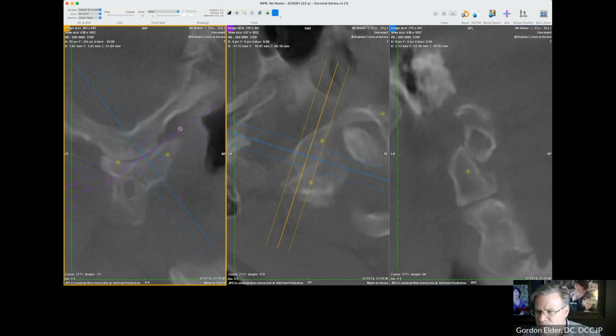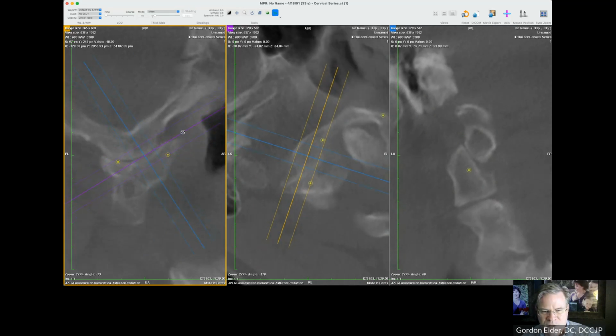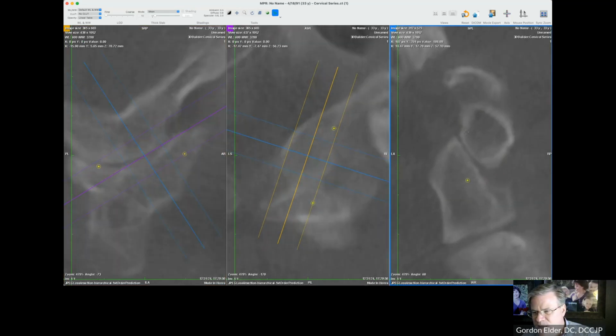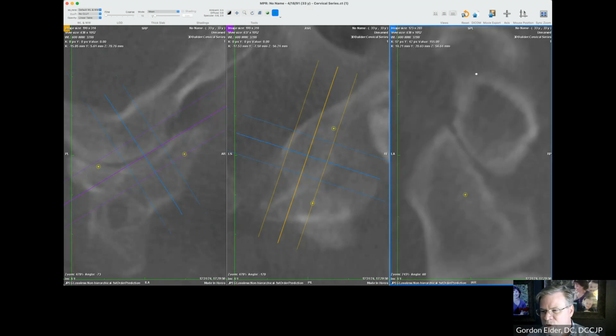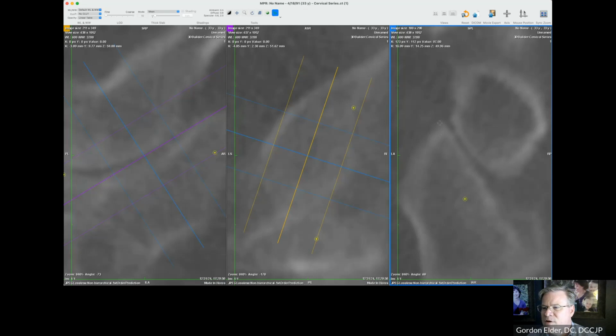Now I can rock this back and forth. Now, if you get to the point where you're thinking, man, is that misaligned? I mean, that could be like a millionth of a millimeter. If you're having to really guess, best scenario is to assume it's level or even until proven otherwise with patient care. So that one looks like, wow, if we look at it super, super close, we might have a little bit of an anteriority, superiority of C1 on C2, but reality is